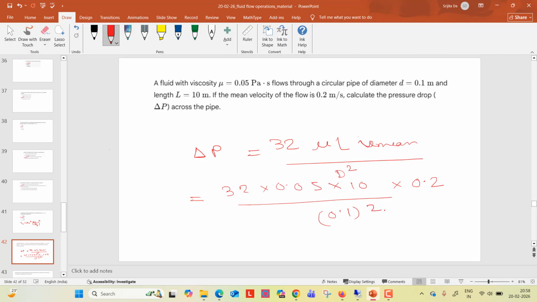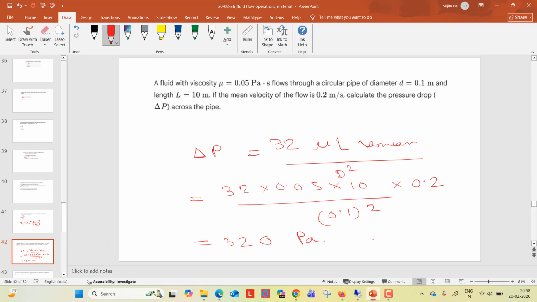It is coming as 320, right? So the pressure difference across the pipe is 320 Pascal. If you want to remember the equation, please practice it. Otherwise, you have to derive it starting from the Navier-Stokes equations, which is difficult